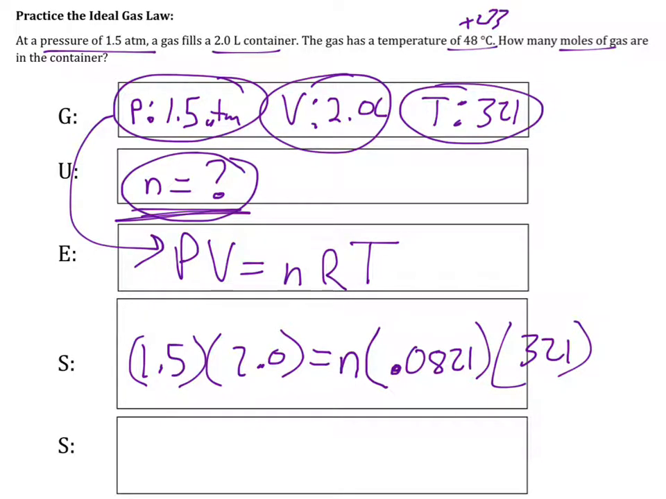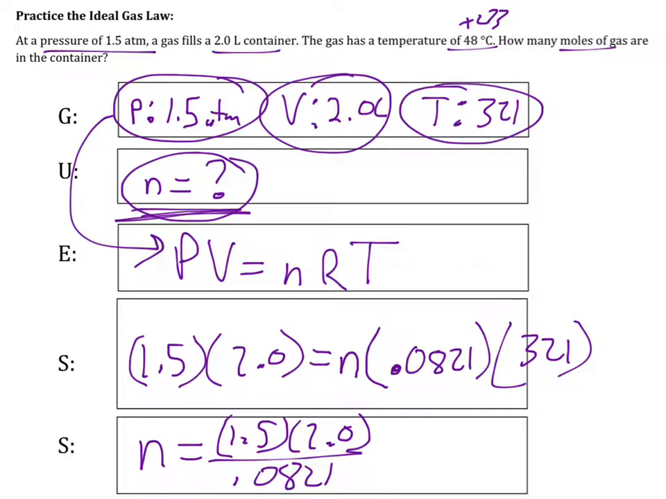All right, and then all we do is solve for moles. Moles is going to be equal to 1.5 times 2.0 divided by 0.0821 times 321. And then you type that in your calculator, and you end up getting 0.11 moles,